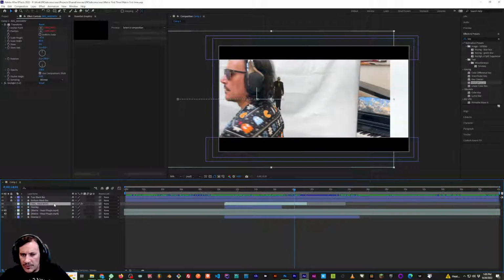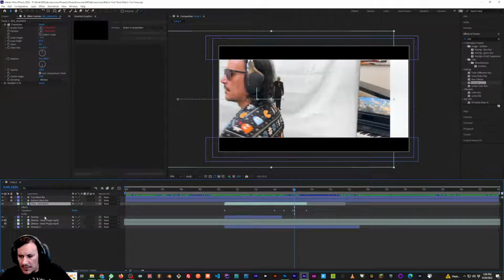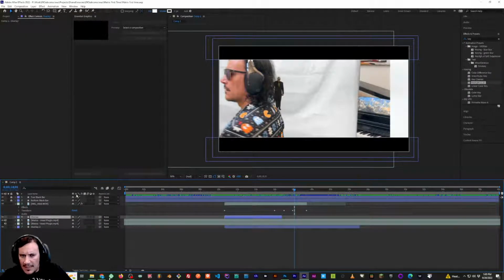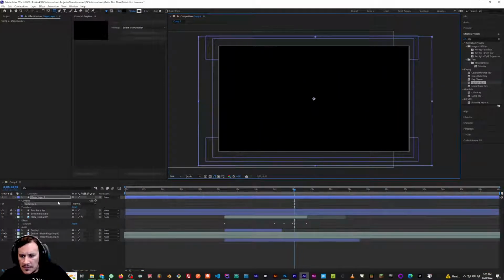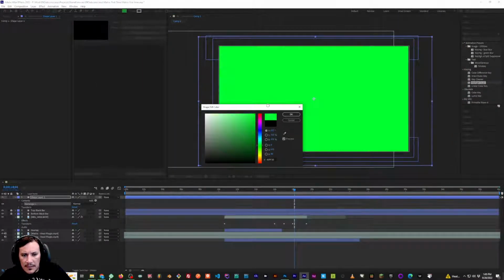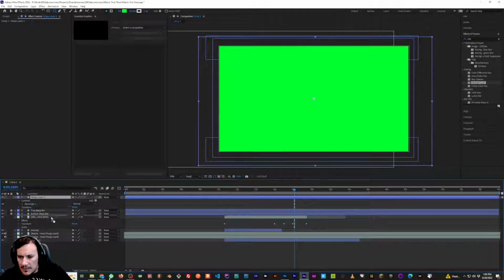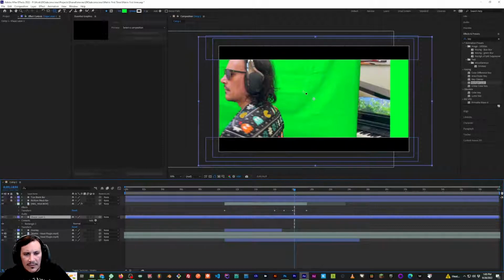So I've applied this green screen to me, but I think what I should do is add another shape, and I'm going to make it fill this whole screen, and that colour should be like this colour. And I don't know if this is any good or not. I might be talking out my arse. So I've put this here now, and I'm just wondering what would happen if I was to